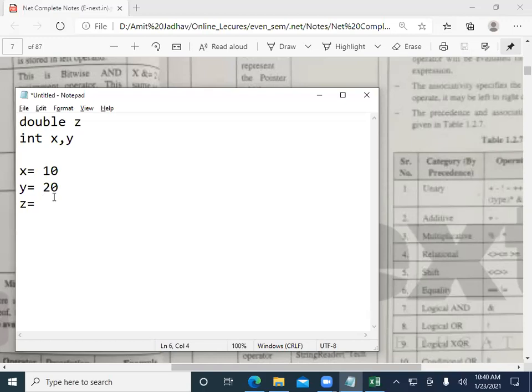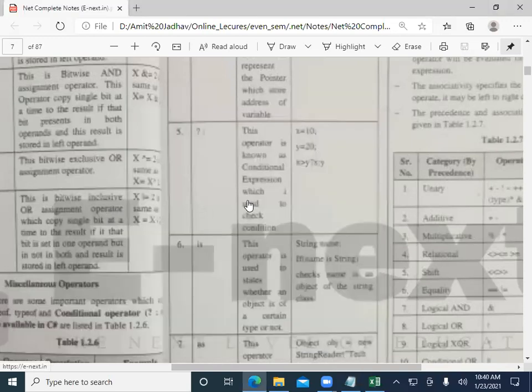So here we can typecast that value by simply giving the brackets, and here we write (x plus y) as double. So here the value of x plus y is converted into double and then assigned to z. If we simply write here x plus y, then it gives an error because of type compatibility. Here the values of x and y are integer and the value of z is double. So they are not compatible with each other, so it gives a type casting error.